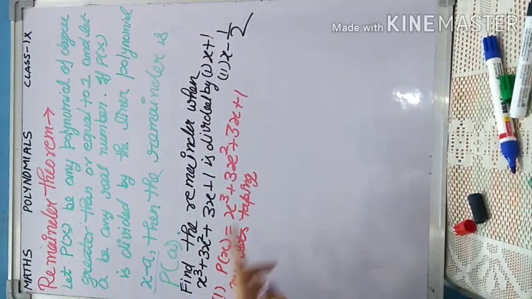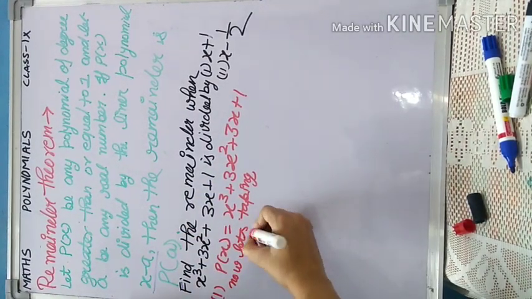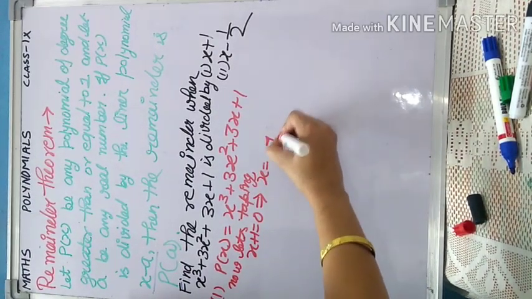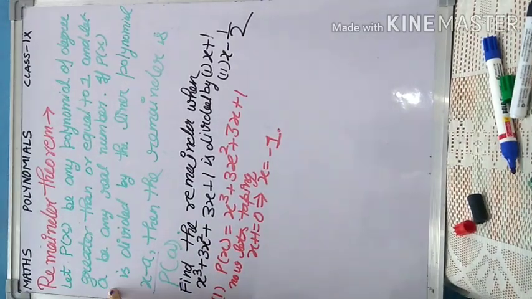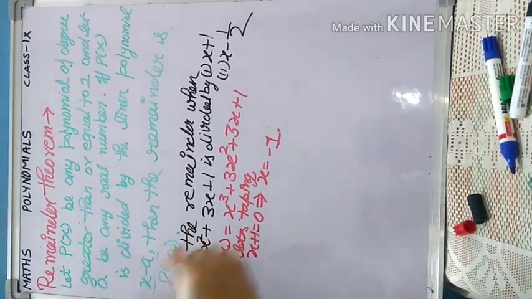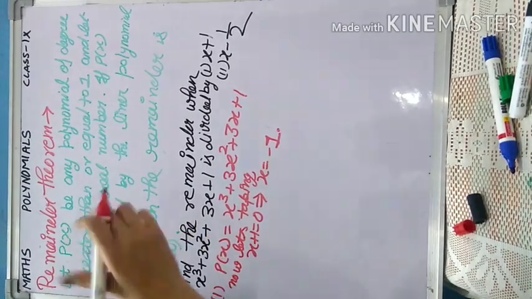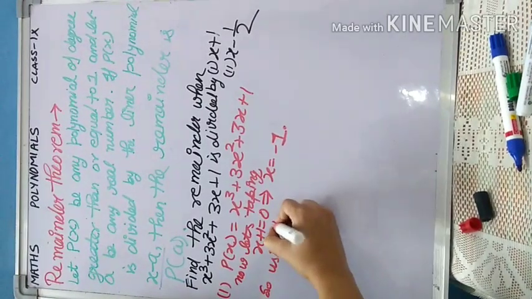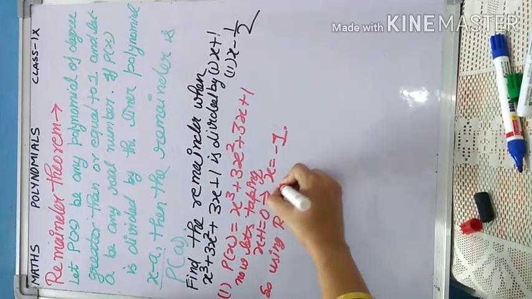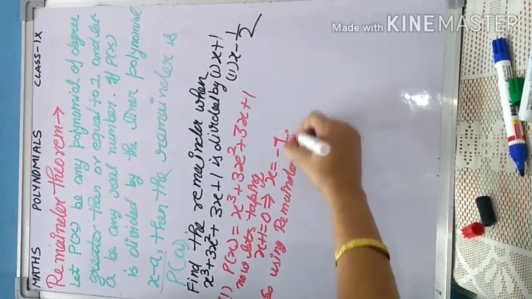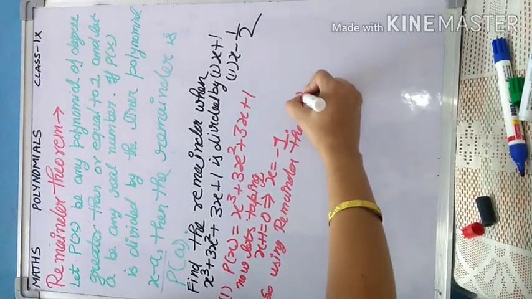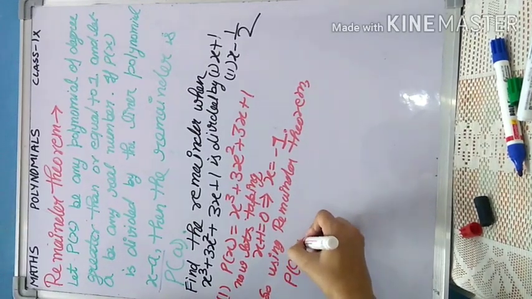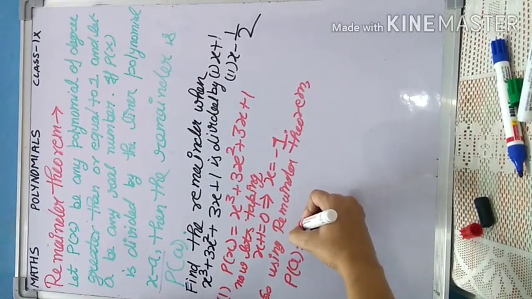So what we are going to do now, let's take x plus 1 is equal to 0. That means x is equal to minus 1. Now this minus 1 is that number a. Clear? And p(a) is the remainder. So using remainder theorem, p(a) is equal to, that is,